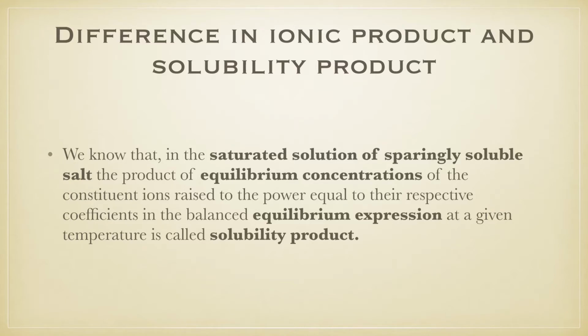And other than equilibrium, like before arriving at equilibrium or after the equilibrium, if we find out the product of any of the concentrations, that is referred to as the ionic product. Okay, so hopefully you understood the difference between ionic product and solubility product. So now we'll see what we mean by ionic product.